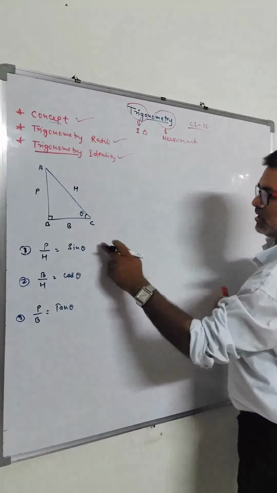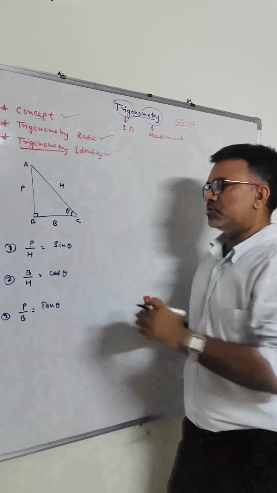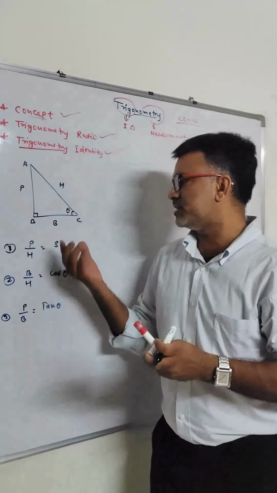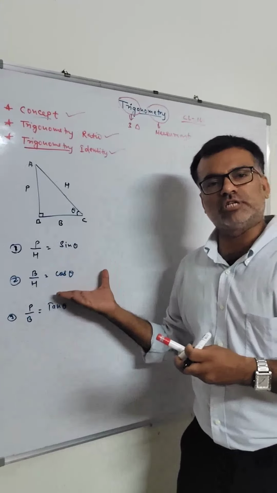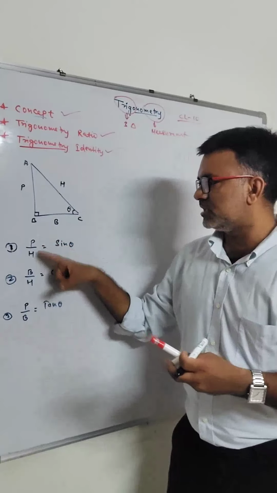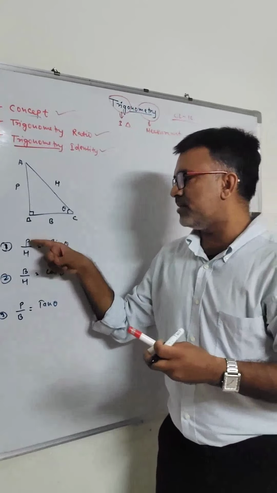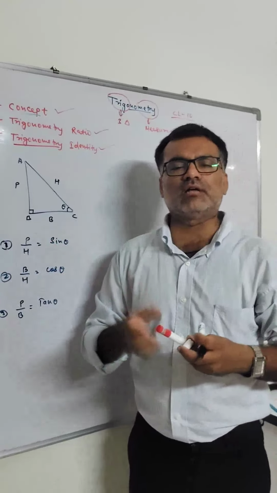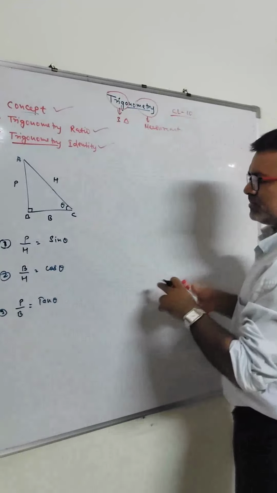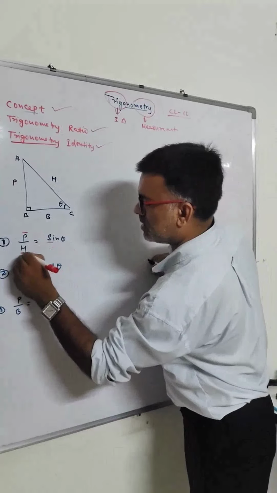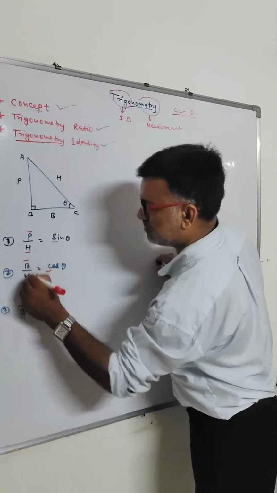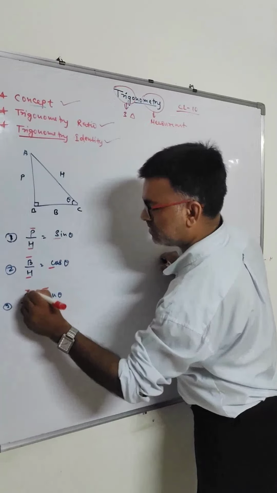So what is that? Now first of all let us remember, because most of the time students make mistakes. Sometimes they write sin theta is equal to B by H, sometimes they write cos theta is equal to P by H. So these mistakes are done, and if you are writing H by B or P by something like that, then your answer will never come. So how to remember this? See, I am underlining S E H, cos B H, tan P B.